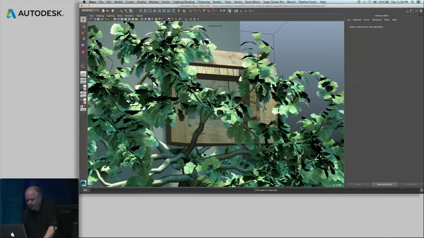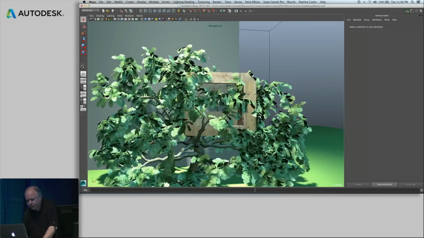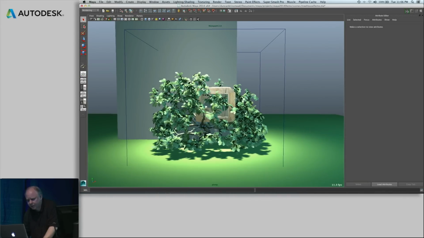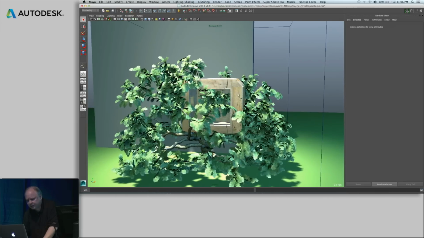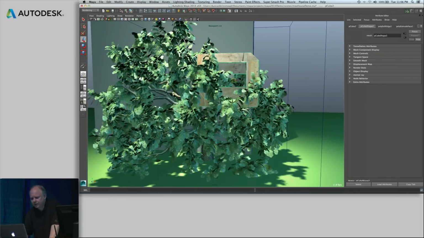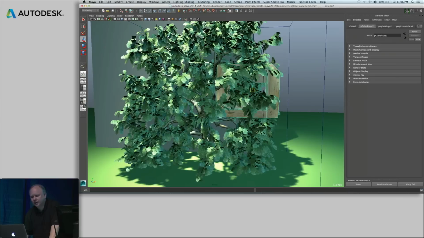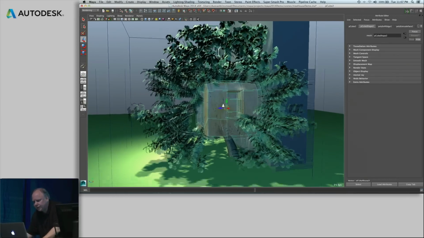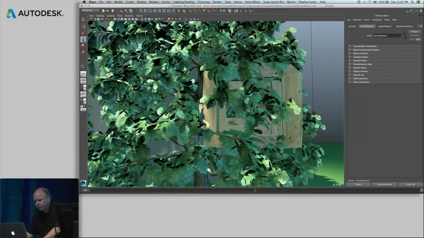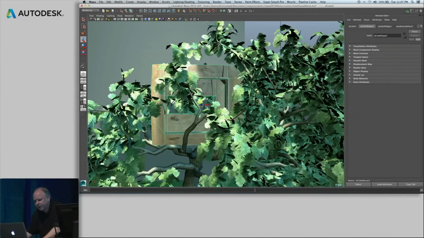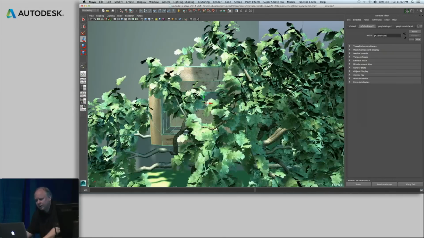Now here's an example with a tree house, where I've got a volume around it that defines an area that I want the tree to grow into, and then a few collision objects like a ground and this tree house. I can move the actual location of the tree house, and the tree will reconfigure around it to find a solution, and the branches will properly collide with it and grow to fill the space around it. And so you can exercise a lot of different design possibilities very quickly